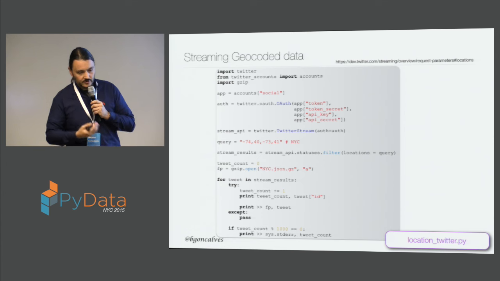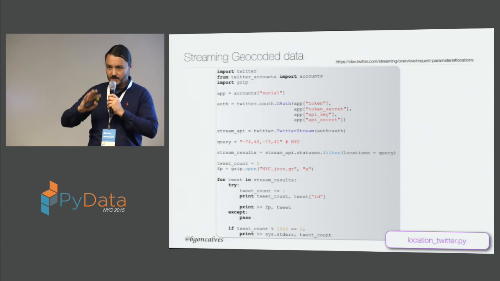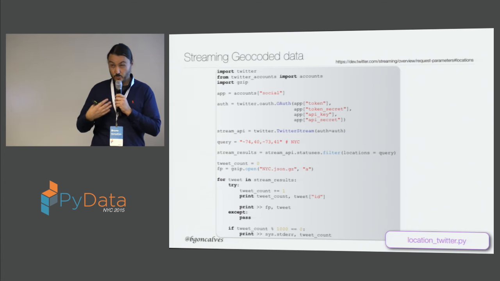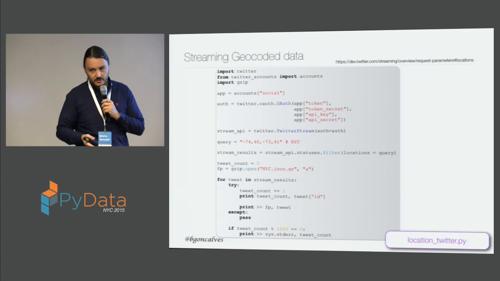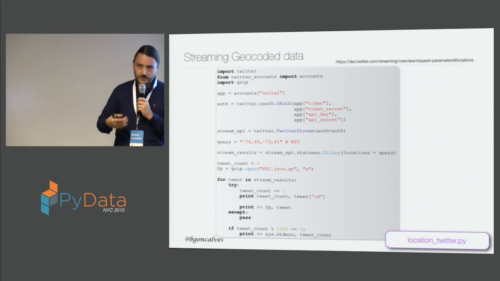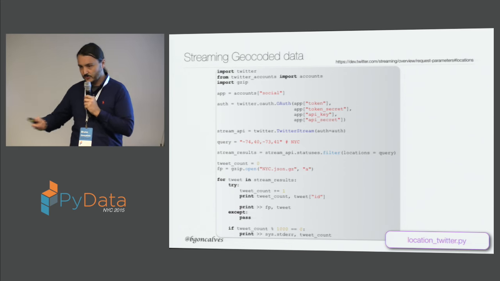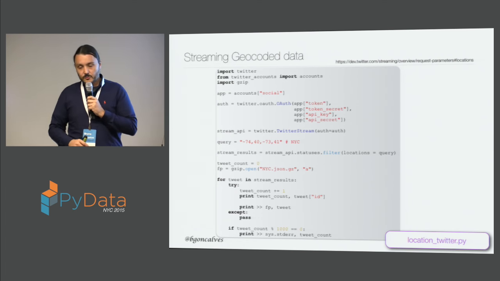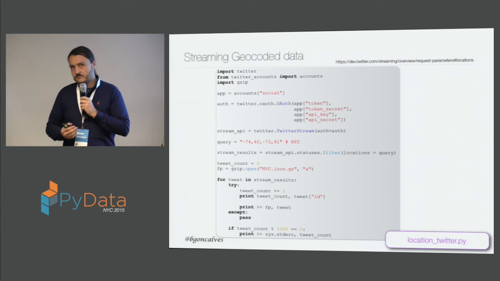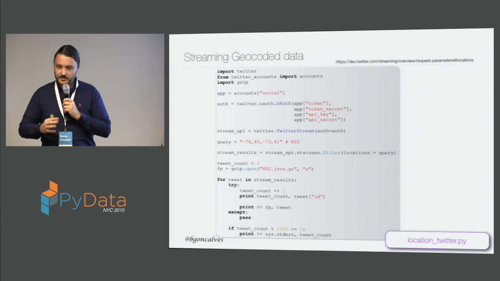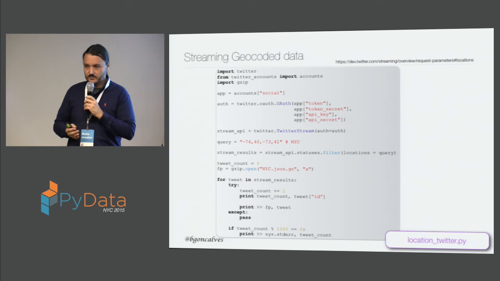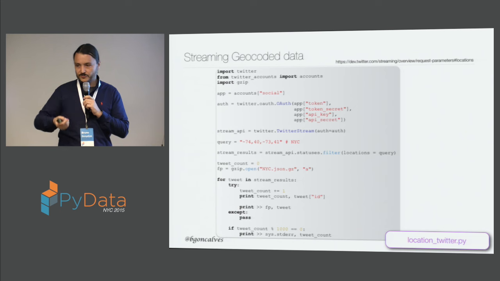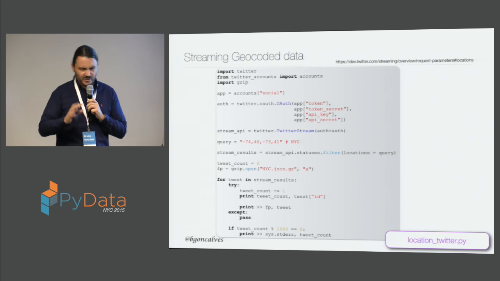In general, if you do nothing, you just create an account today and you register an application, what they give you is the basic access, which corresponds roughly to 1%. What this means is you get roughly 1% of all the tweets. So they just sample down. But can you be sure if it's random or not? You cannot be sure if it's random. I'm reasonably sure it's random. I've never seen anything showing that it's too biased one way or the other. So you can more or less assume that for every tweet that anybody posts, you have a 1% chance of getting that tweet. It's not exactly like that, but